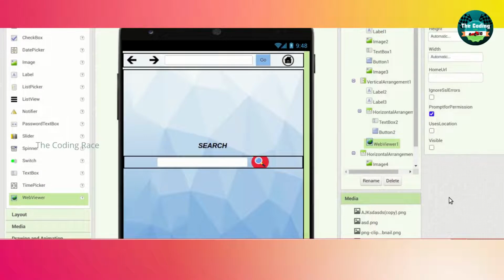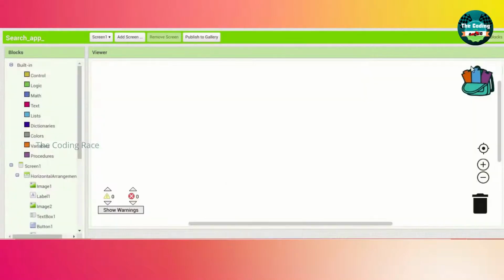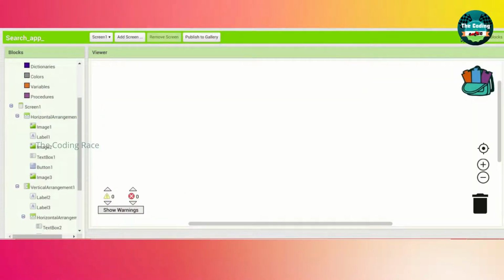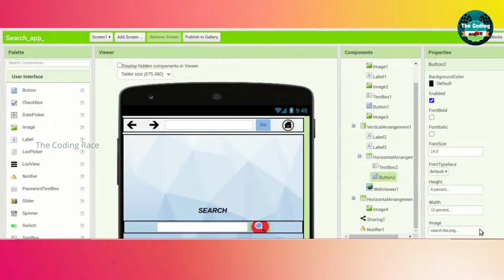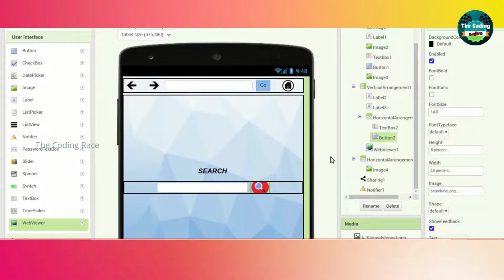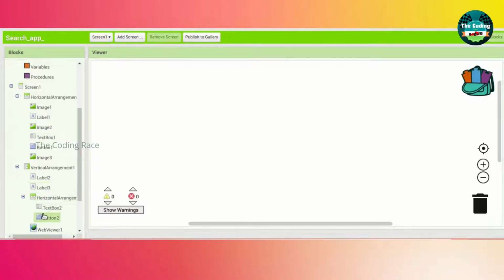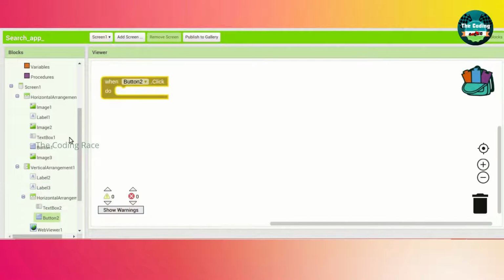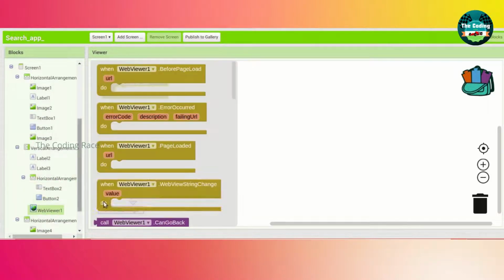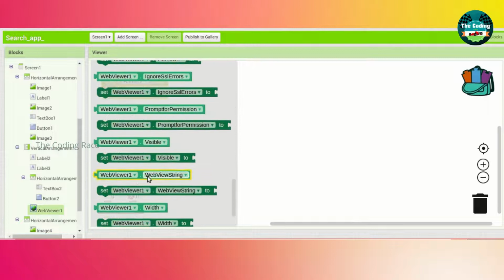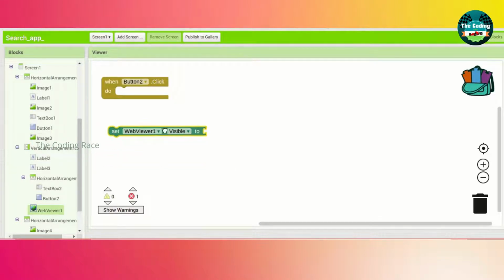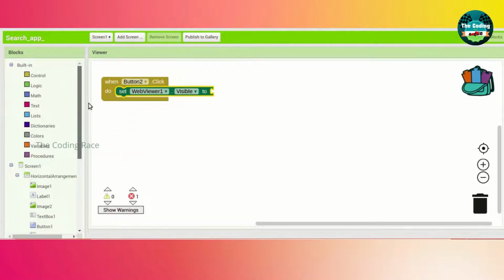Sorry, we have to add one web viewer. Drag and drop it here. Set it to not visible. This web viewer will help us to view Google and open websites. So go to the blocks. First we will code for button 2.